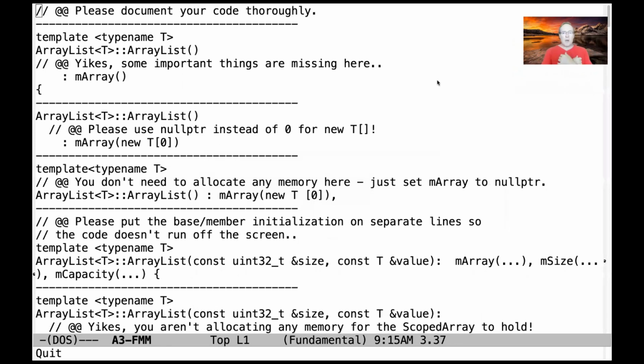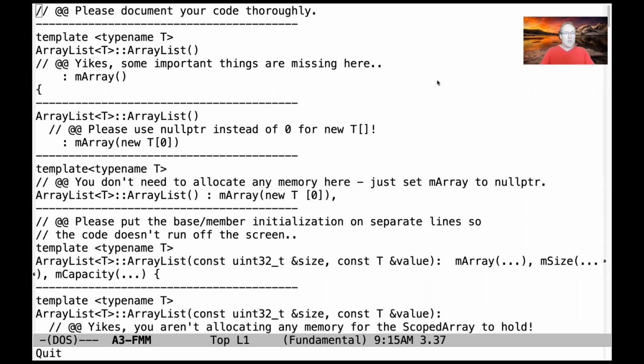So we're going to start out by talking about the frequently made mistakes for assignment number 3. And a lot of people really had problems with this. So I'm going to go through many different mistakes and talk about what some of the problems were. And hopefully this will give you a better idea of how to address them. But make sure that you go back and fix all these issues, because otherwise you're going to get marked down